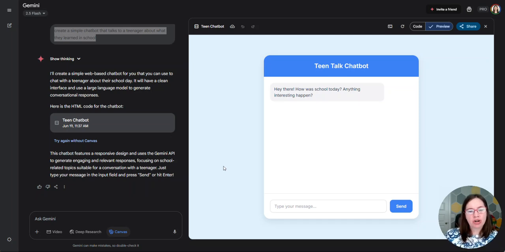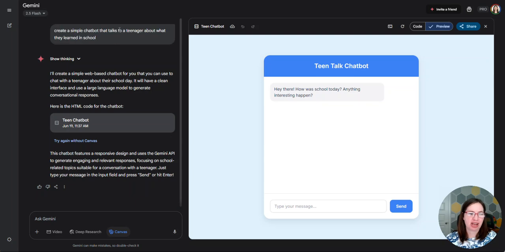Okay, now just a word of caution when you're doing some vibe coding. A lot of times when we vibe code, we want it to have some AI features. For example, I just created a simple chatbot that talks to a teenager about what they learned in school. So what I'm expecting here is that it's going to give a response as if it was actually an AI,